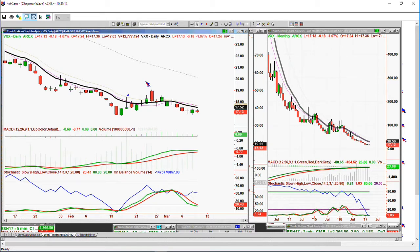Okay. So it goes to a peak B and it comes down. But this is the pattern that we're looking at right here. Comes up, comes back down, retests so far successfully. It hasn't broken the left side low, and that's very important. The left side low was $16.76. This low, the low of 2 days ago, was $16.87. So that says there's a chance that if the stochastic and the MACD could turn up, and this thing could close just once above $17.51, the 9-period moving average, it really needs to close in the 17.60s just once in the next 3 days. It's going to suggest very strongly